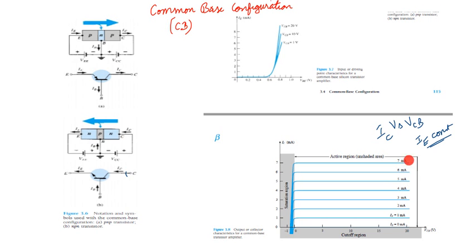We know IC and IE are nearly equal. So this is 7 milliampere, here 7 milliampere. You can see a straight line. Since emitter and collector currents are nearly equal, output is equal to input, right? We have a current gain for this configuration as 1.